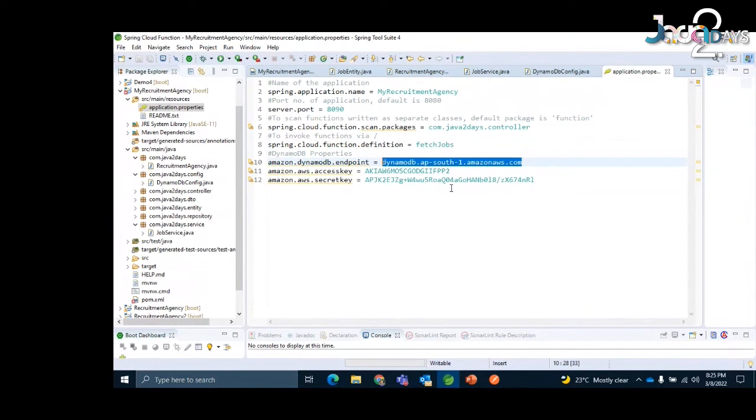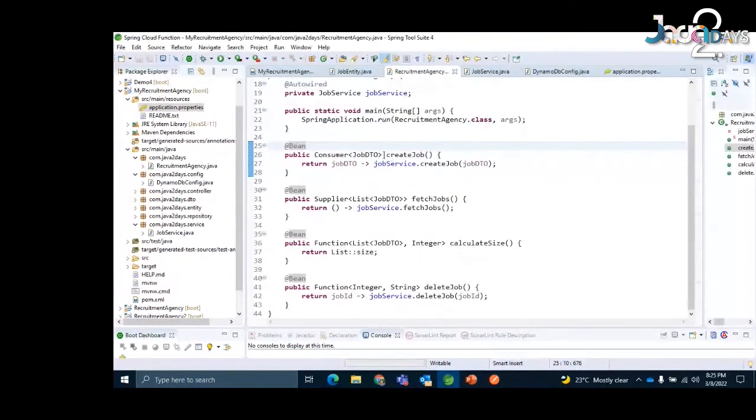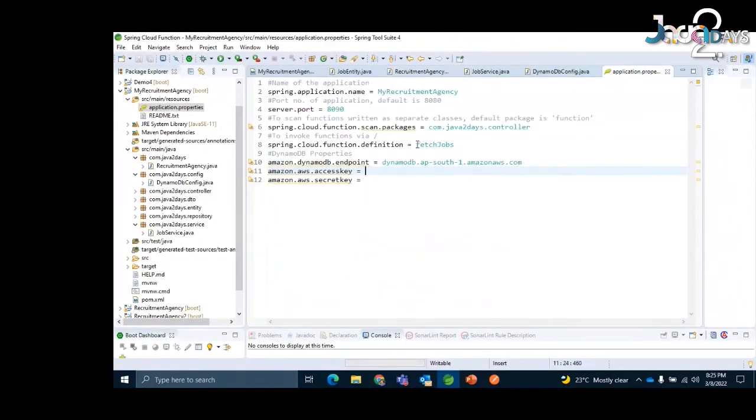This is the endpoint. Since I will be hosting my application in Mumbai, this is the endpoint. This is an old access key, this I will be changing, and this is the old secret key for AWS. Again, I will be changing these things. So they are going to be there with me, and we are going to get all these things from AWS after this. And again, I'm showing that here I'm having four things, but here I have just mentioned only one out of them, that is fetch jobs, because on Lambda, we can just deploy only one function at a time.